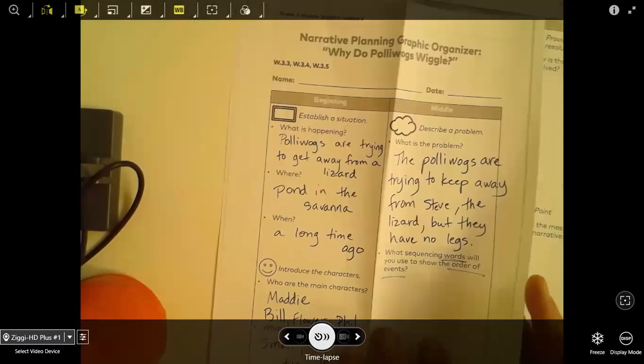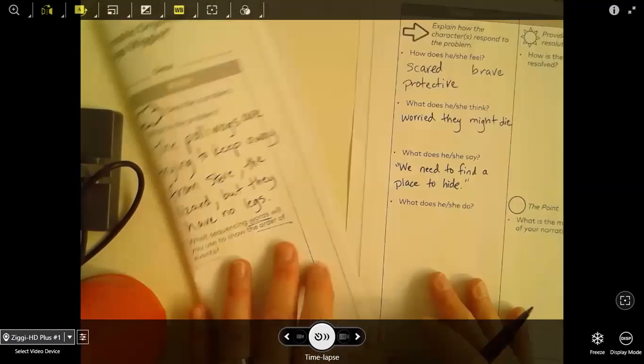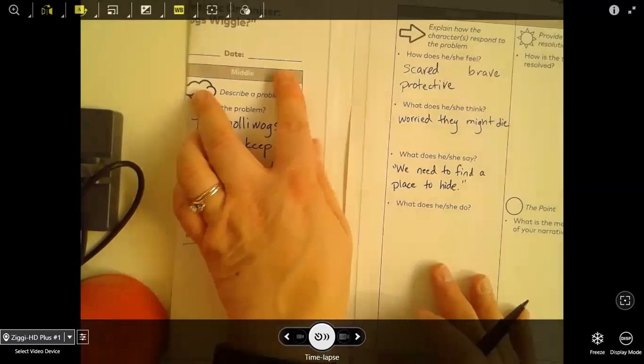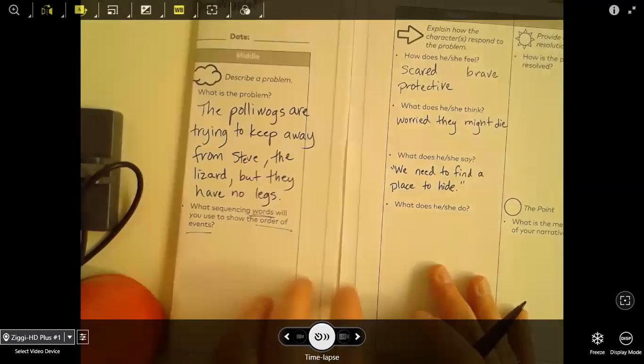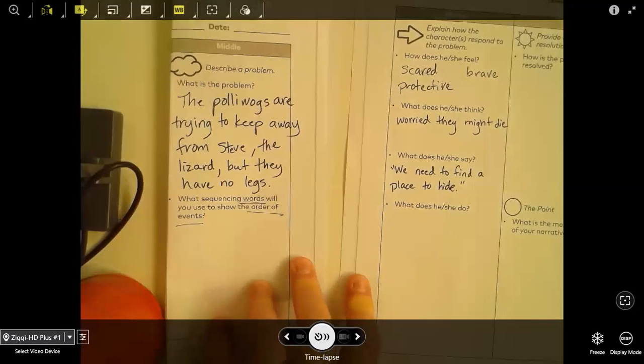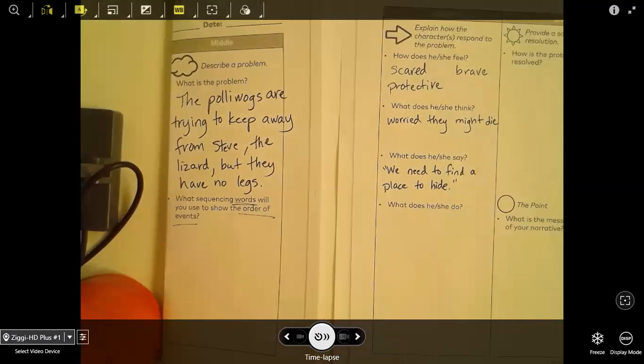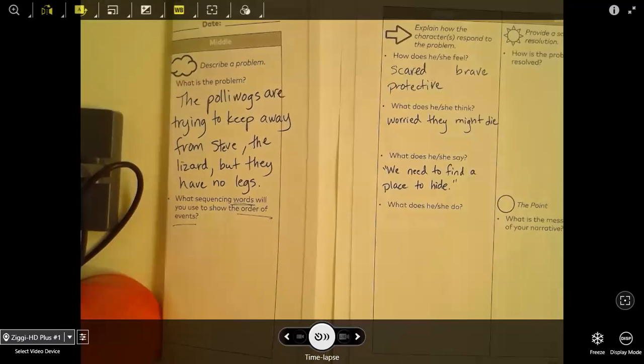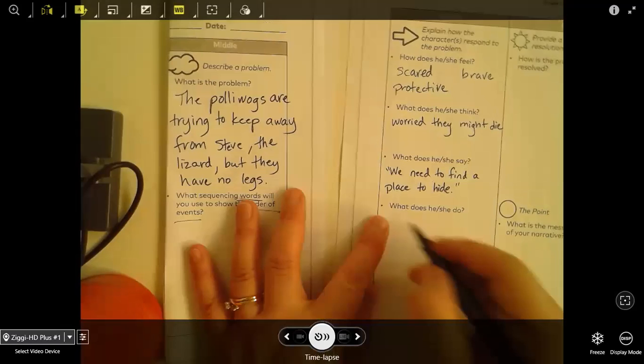All right, so the pollywogs are trying to keep away from Steve, but they have no legs. So is the camouflaging another question, like how pollywogs? I'm just trying to think of how we put camouflage in there with the moving. Like they could put mud on them and then camouflage into the ocean floor. So they could try to do that. Would they be successful though? No. We could put that as a part. Maybe they weren't successful, and the lizard still tries to get them. Okay. So what do? So they first try